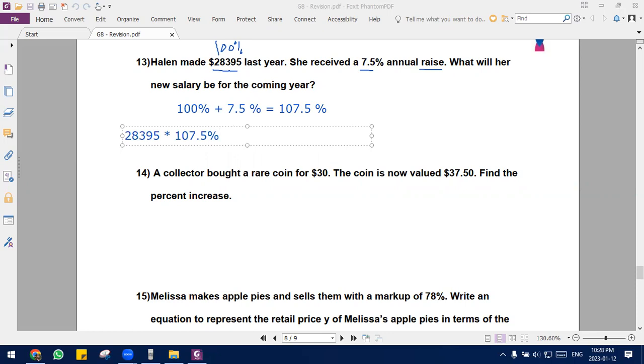But if you don't have it in your calculator, always we are dividing the percent by 100 to make it decimal. So 107.5, when you divide it by 100, it's 1.075. And then you multiply them to find the answer using your calculator. And then you will get this amount,